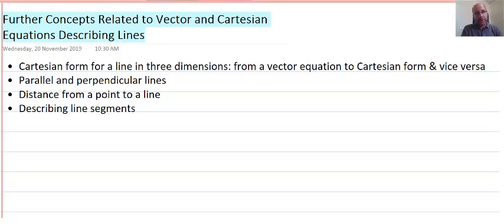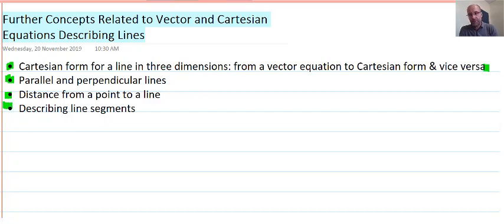In this video we understand further concepts related to vector and Cartesian equations to describe lines. The four subtopics we're going to treat are listed below: Cartesian form for a line in 3 dimensions, going from a vector equation to Cartesian and vice versa, looking at the reverse, and parallel and perpendicular lines, what happens there, the distance from a point out to a line, and